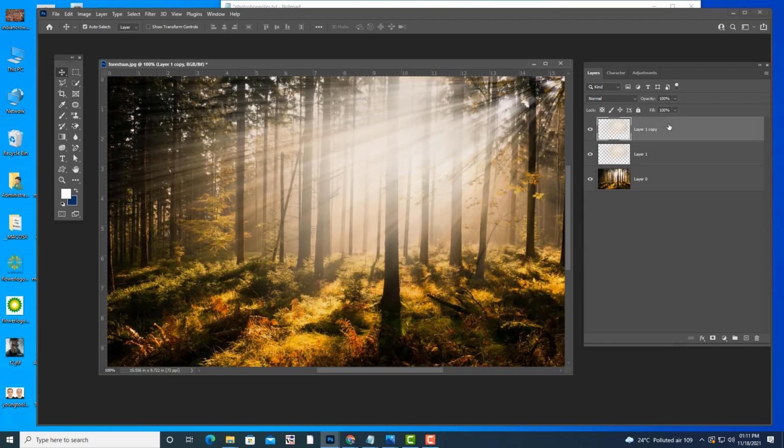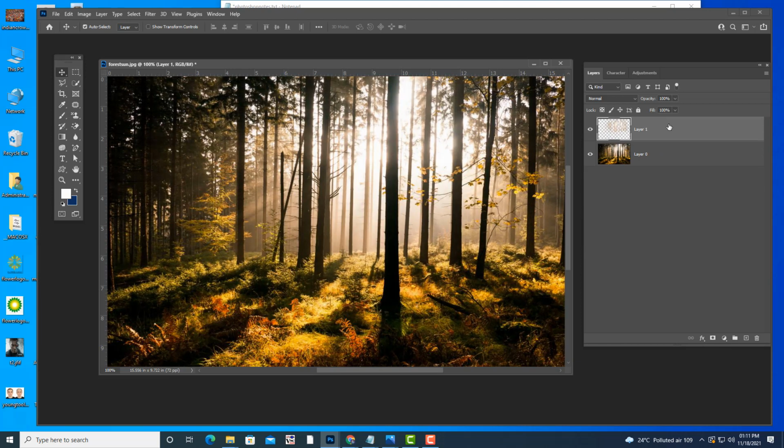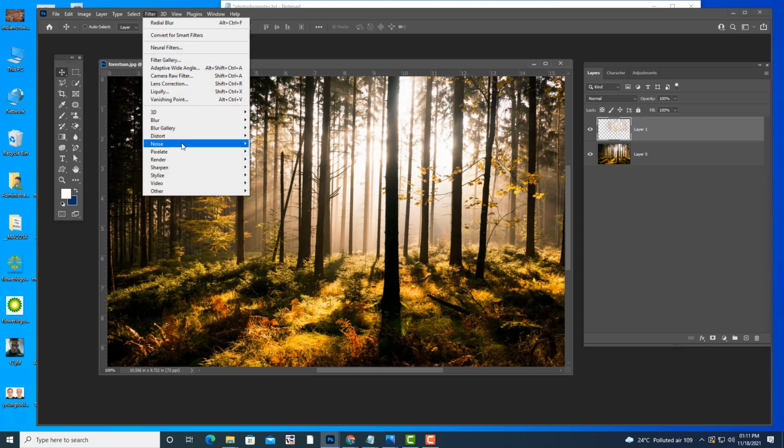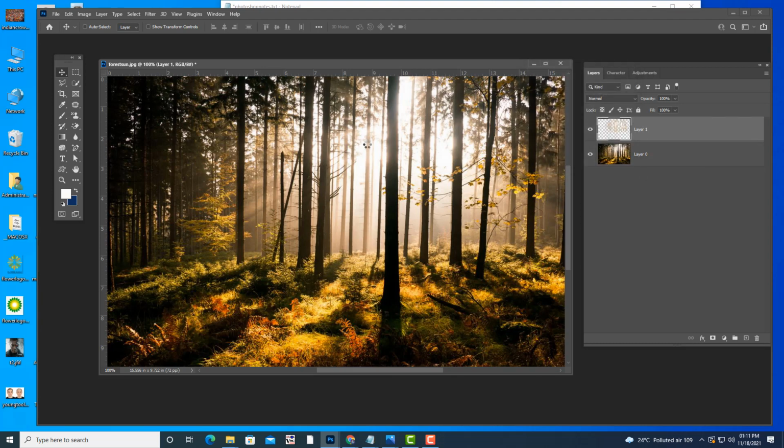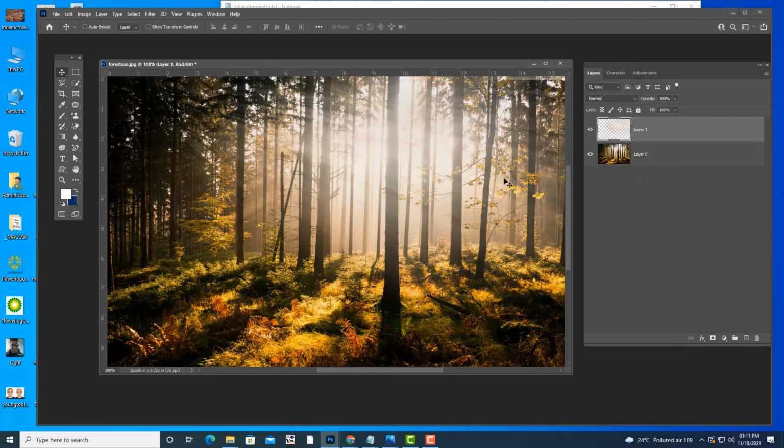We'll try to change the direction here. Again I will go to Filter, Blur, Radial Blur, and let me change it to this side. Now top left corner, just click OK. Now the rays are coming from this side. And again, if you want more intensity, duplicate.